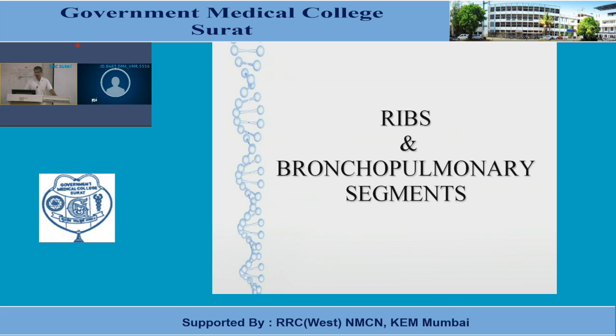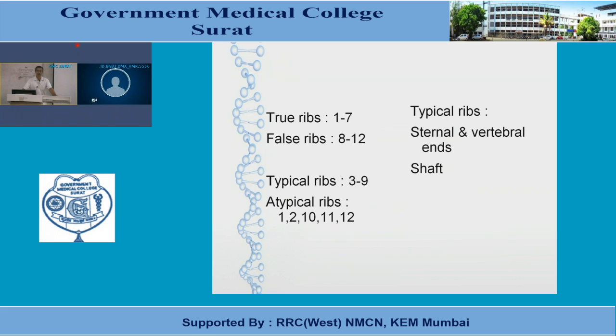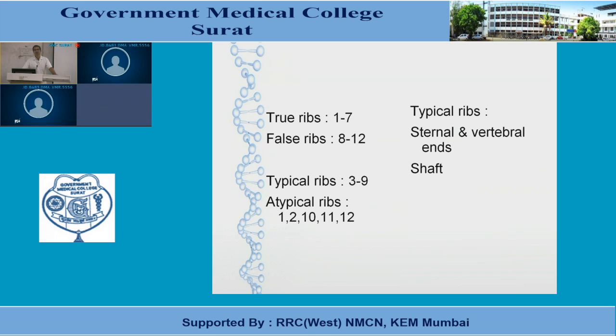Now these ribs mainly protect the organs present in the thoracic cavity. Which organs? Lung, heart, also some large vessels. Then just below the diaphragm there are some important abdominal organs also, which are spleen, liver, and part of stomach. This thoracic cage simply gives protection to these thoracic organs and abdominal organs.